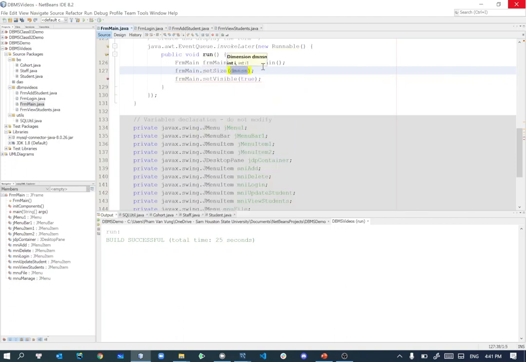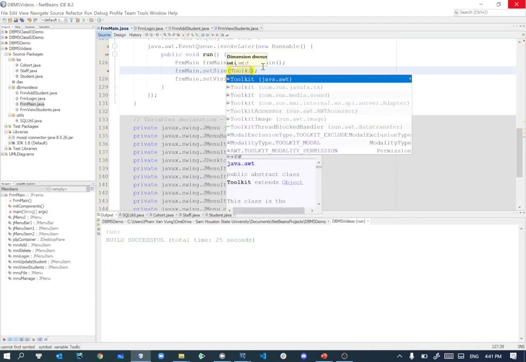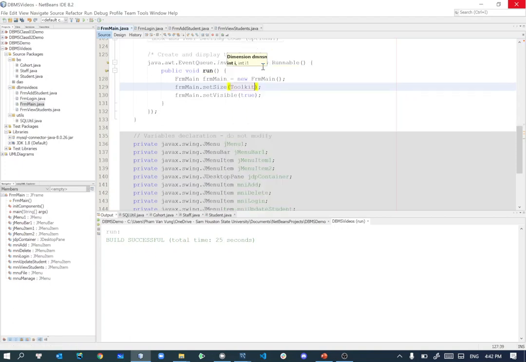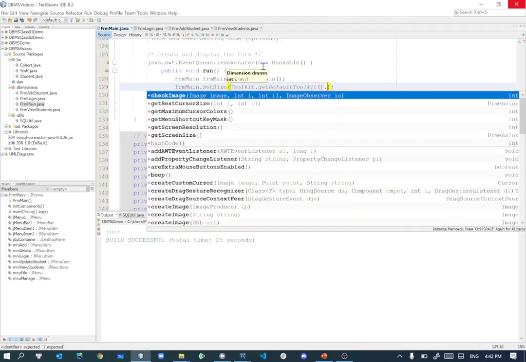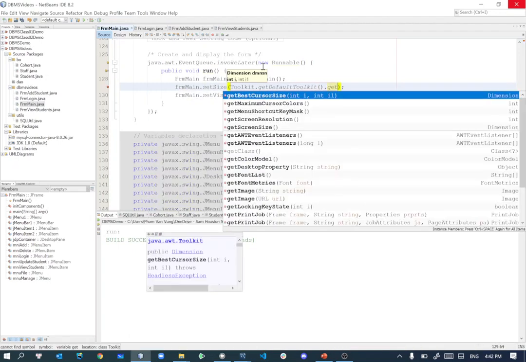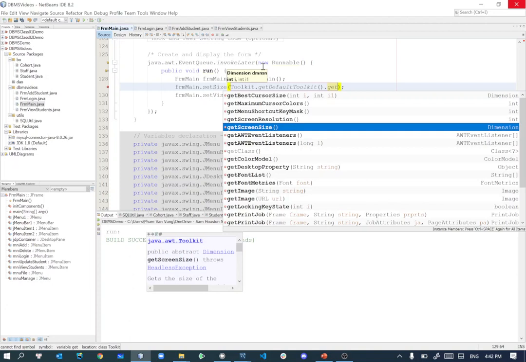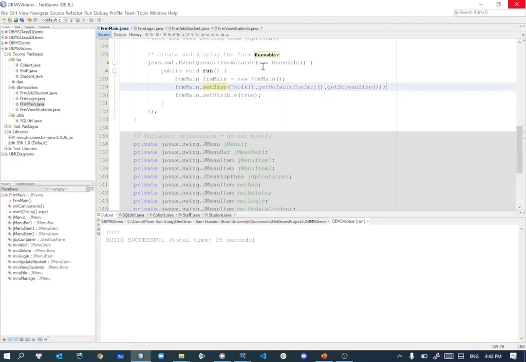Then I will take a toolkit, control space. Right now, you'll take the java.awt toolkit. Then you're going to get the default toolkit, then get the screen size. This one. Okay, so you take the screen size, set to that, and now you show it. So if you execute it now,